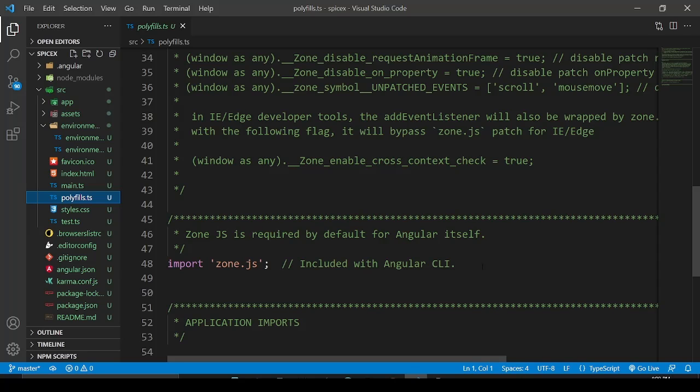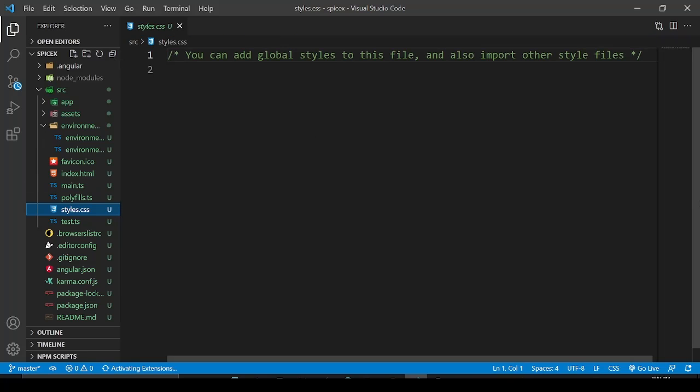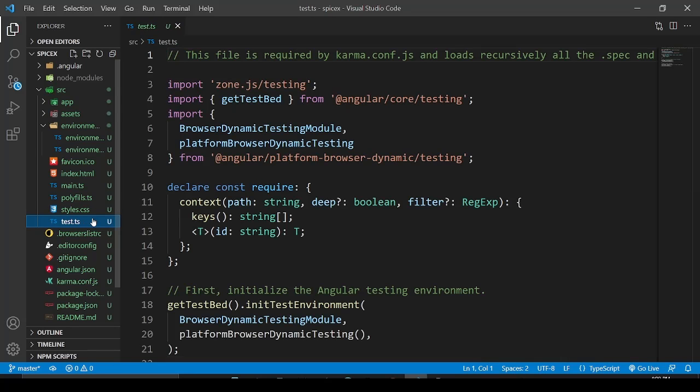Then next is styles.css. It is a CSS file that supplies styles for the project. We all know that .css files are used for providing styles to our application. Next is test.ts. It is the main entry point for your unit tests.